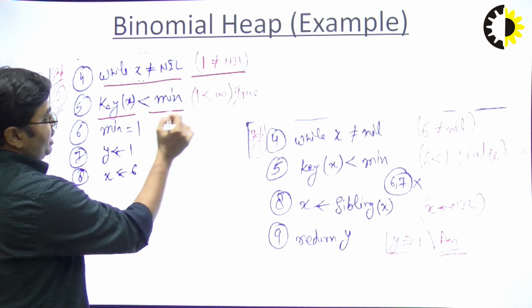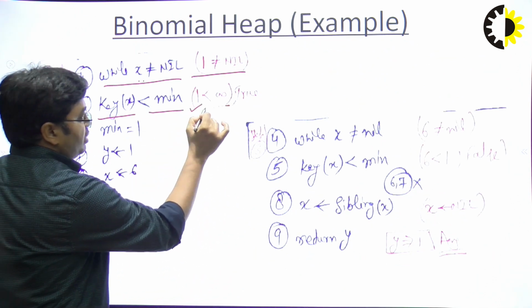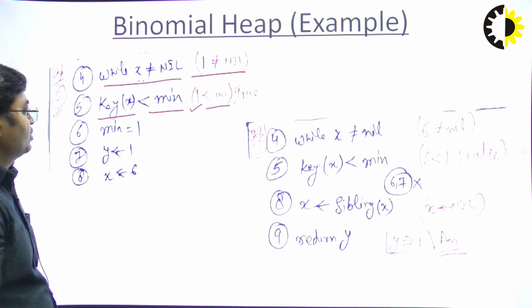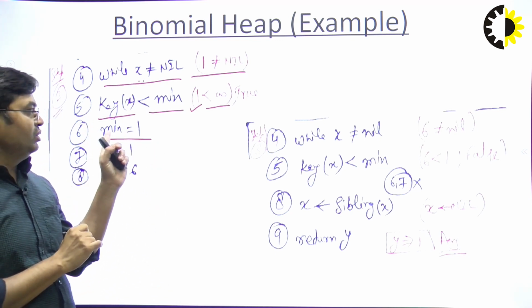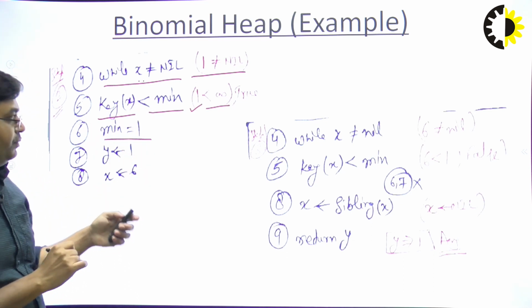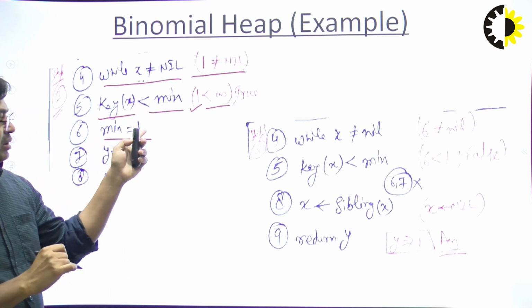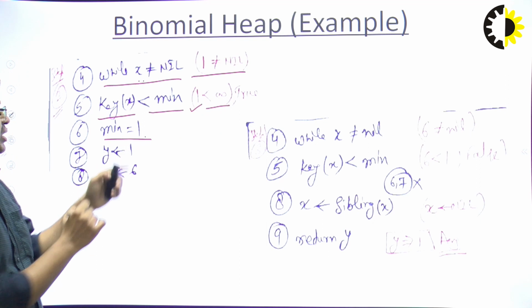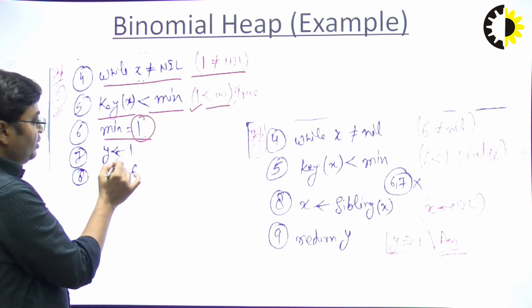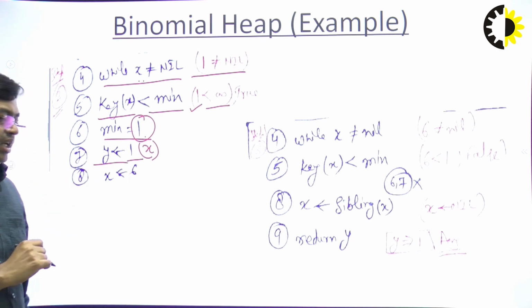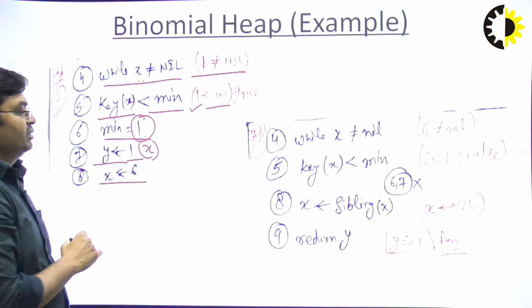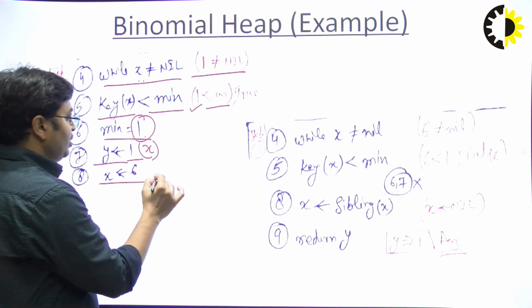Again we are checking value of x less than infinity, which is always true. Then we are assigning the minimum value to 1, means if this is the minimum from the infinity, then we assign 1. Then x is assigned again to y, and x has become the value, means